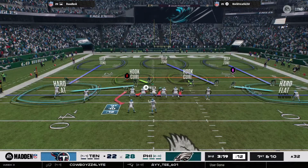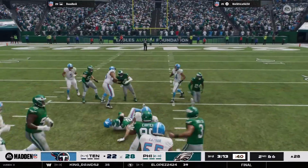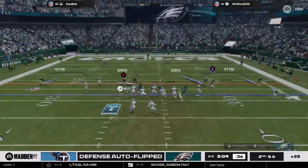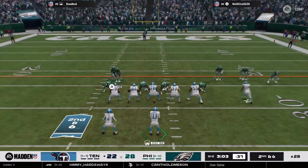In motion right is Ridley. Hand off to Spears, and he'll take this ahead for about 4. 2nd down coming up. He was brought down by Sidney Brown. 4 yards on the pickup. 2nd and